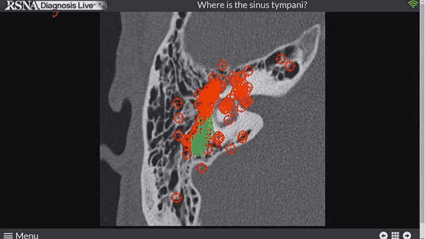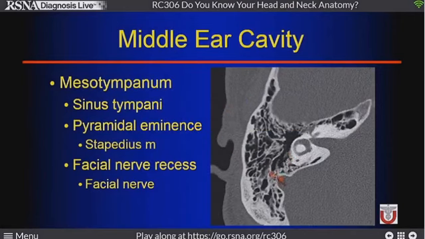So we have all these dots here where this is the sinus tympani, this important area in the back wall. If we think about the very back of the mesotympanum, the middle part, there are these important structures in the back wall. Near the descending or mastoid segment of the facial nerve, there's a little recess, so that's the facial nerve recess. There's kind of a bump next to that medially, shaped like a pyramid, so that's the pyramidal eminence. That's where we think about that little stapedius muscle coming off and going to the stapes. And we think about the area from the pyramidal eminence over to the windows as the sinus tympani.